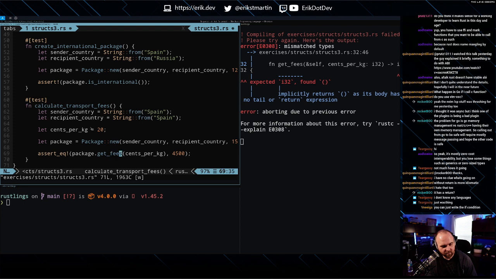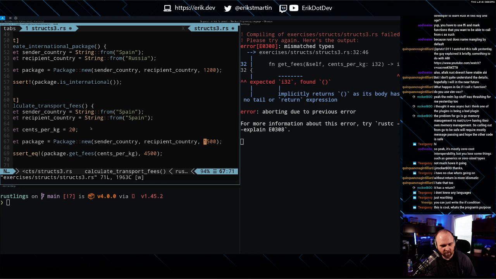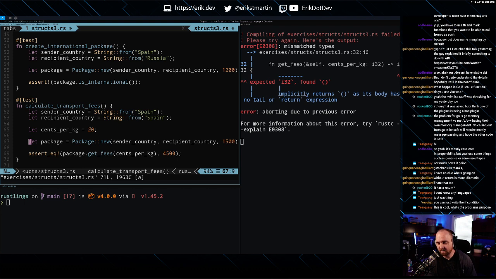Get the fees, cents per kilogram, 4,500. No, so we need to figure out the math ourselves. All right, so this is 1,500 as its weight. So this isn't a program. This is sort of like little programming exercise challenges written in Rust.